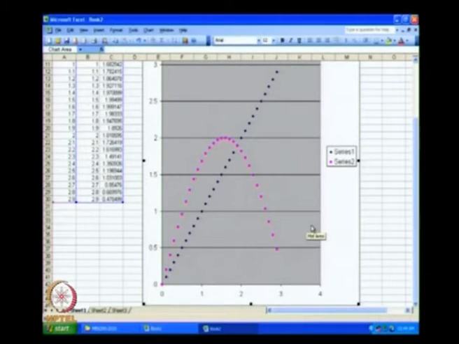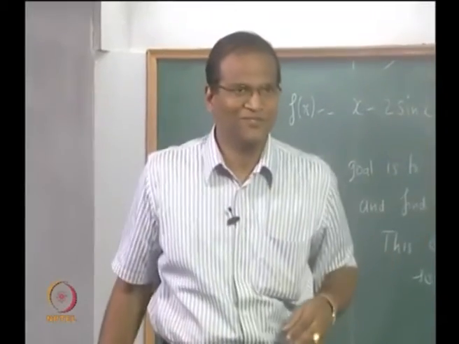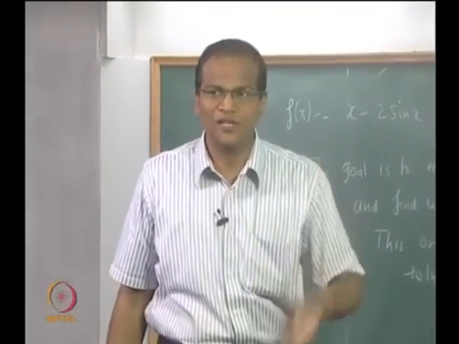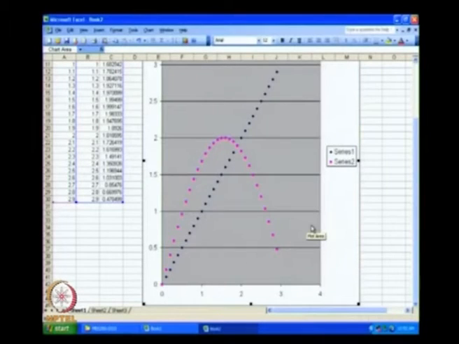This is what we ask the students in the viva voce and interviews and all that. They are not able to. Suppose I say x equal to 2 sin x. How will you solve it graphically? I mean, they don't know. We usually say x equal to 2 sin x, solve by any method known to you. Successive substitution is one. You can plot also. But this fellow will go up and down like this, and this fellow will go straight. So how many solutions are there?